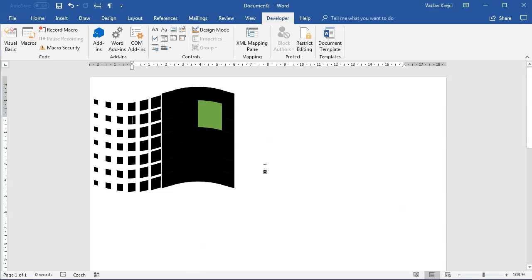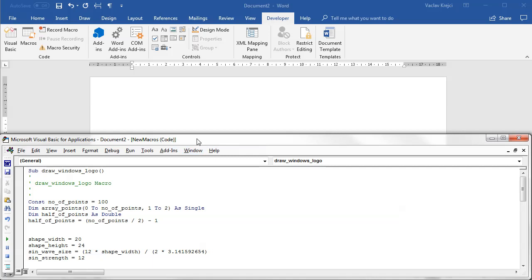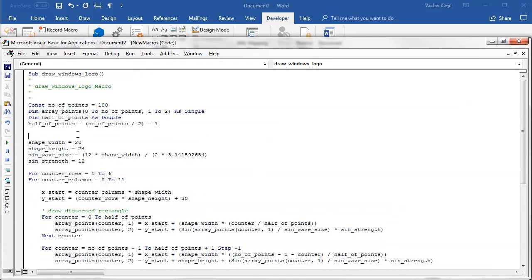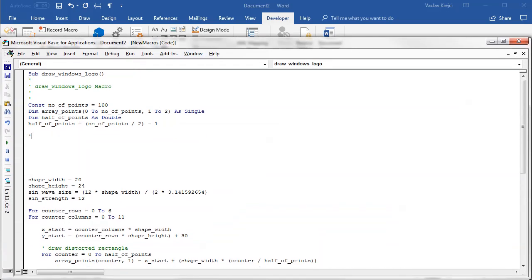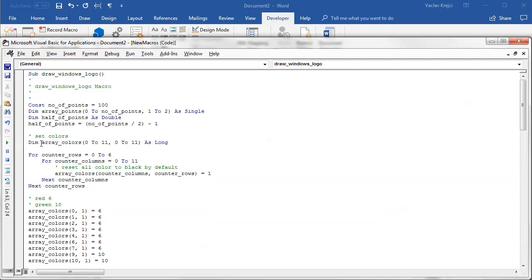The code is very simple, but it will take some time to write it, so I already have it pre-copied in my clipboard, so I will just paste it in here. I will say set colors, and I will just paste the code which I already have in my clipboard, and I will tell you what this is doing. So I do have the new array